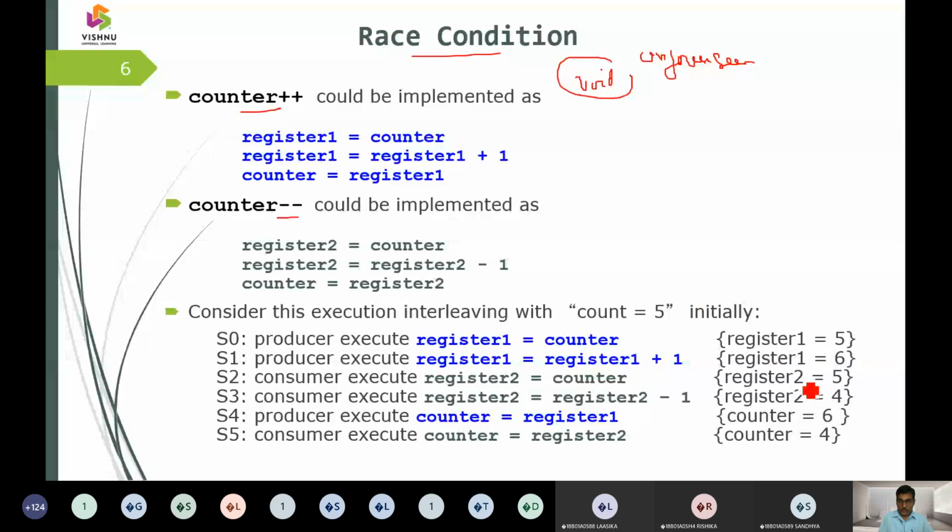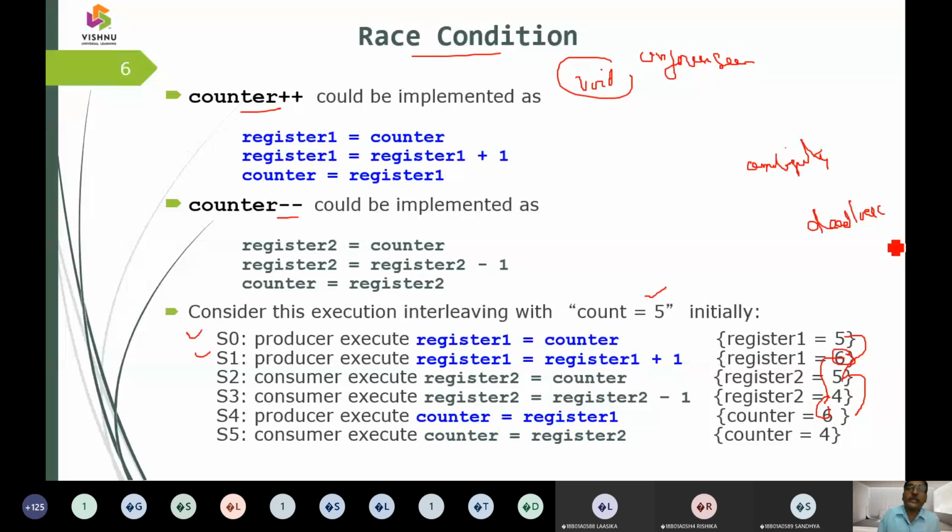Here you can see the count value initially was 5, and see here register 1 it is 5, and second one it is 6 here and it is 6 here. So two or more processes are going to bombard at the same time. At that time it may lead to some ambiguity, and that ambiguity we are going to call a race condition. Whatever activities or entities we are going to say, S0 or S1, when they are going to repeat the same values, at that time the race condition is going to happen.